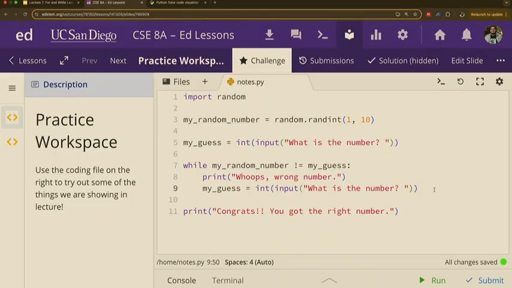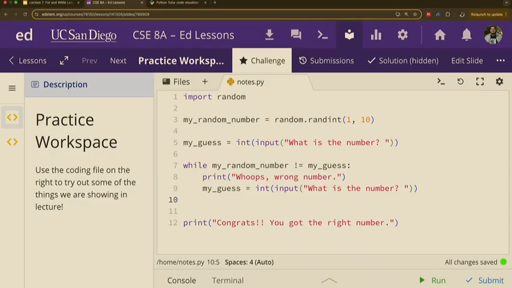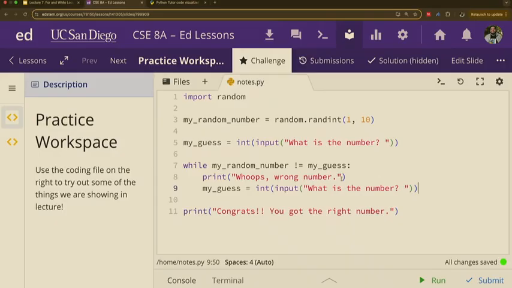But we can also make this game even more interactive. I'll do it really quickly so you can see what I mean. Instead of just saying you got the wrong number, we can also tell the user whether the number is too high or too low. So I'm thinking of a number right now, between 1 and 10. What is it? 4. Higher. 6. Lower. 5. It was 5. So we can tell the user to make it quicker for them to get the right number.